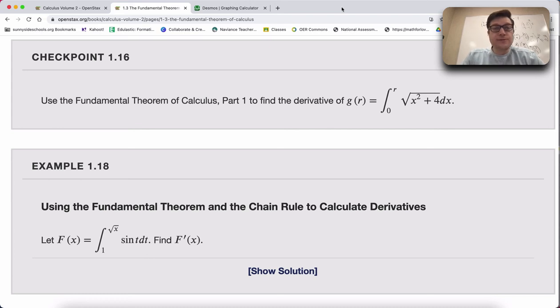Hey guys, this is for checkpoint 1.16 from the text for our Calculus AB content. We're talking about the fundamental theorem of calculus, and this is specifically part 1. In this problem, one thing that we want to tie together, and the reason for fundamental theorem of calculus part